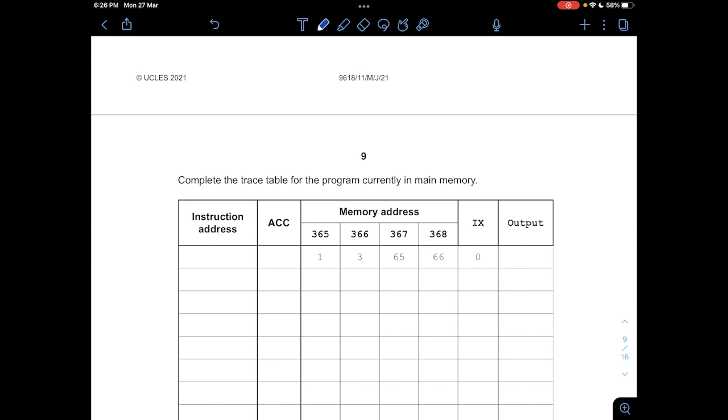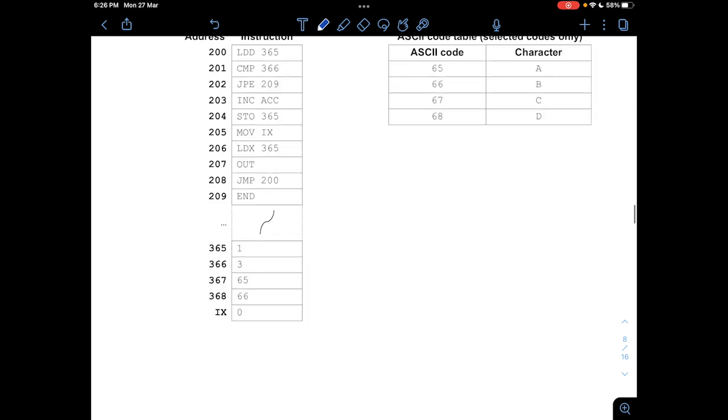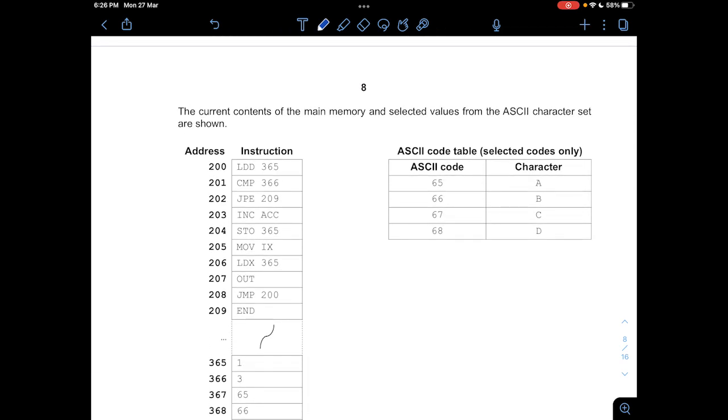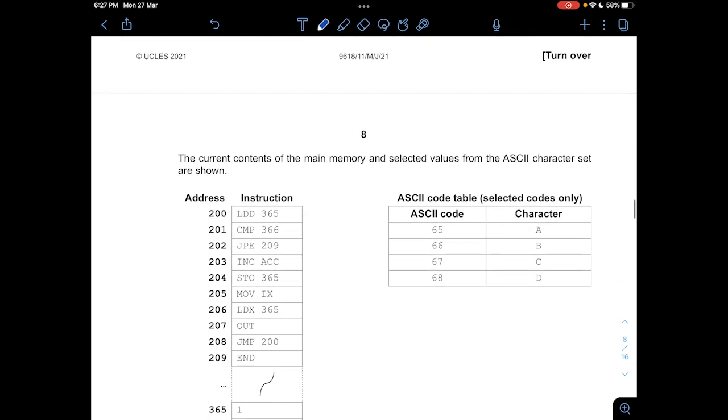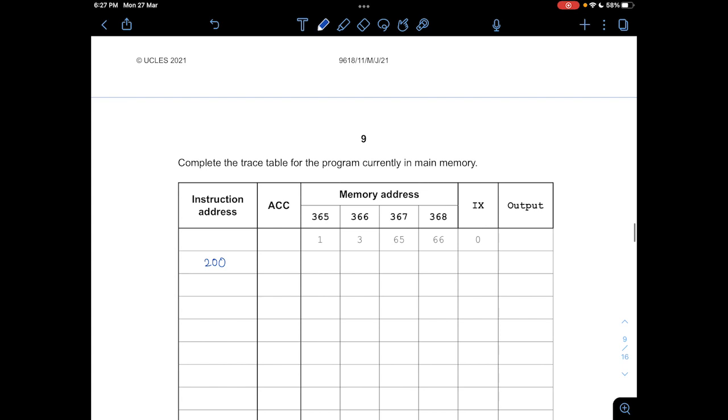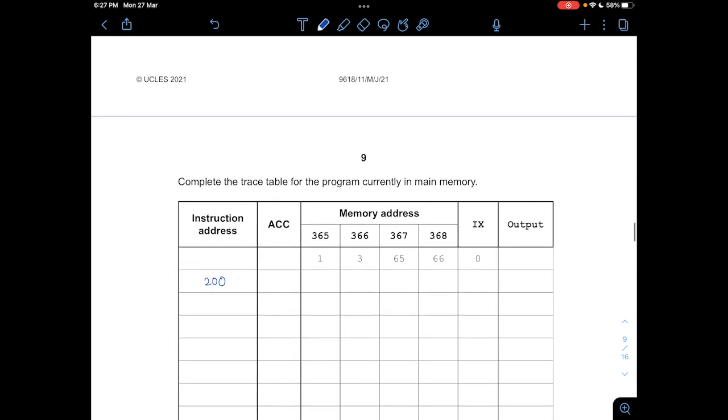Second column. So that'll be 200. And then the accumulator has LDD 365, right? So what is LDD? LDD is basically direct addressing. Load the content of the location at the given address to ACC. So now it asks us to load directly the content of address 365. So here, memory address 365, the content that's in there is 1. So just put 1 in the ACC, and then we can move on to the next instruction address,